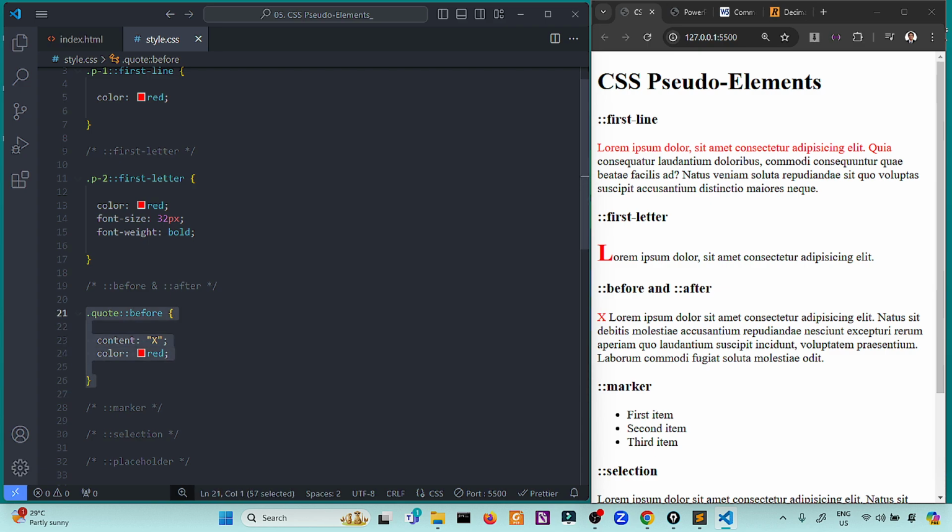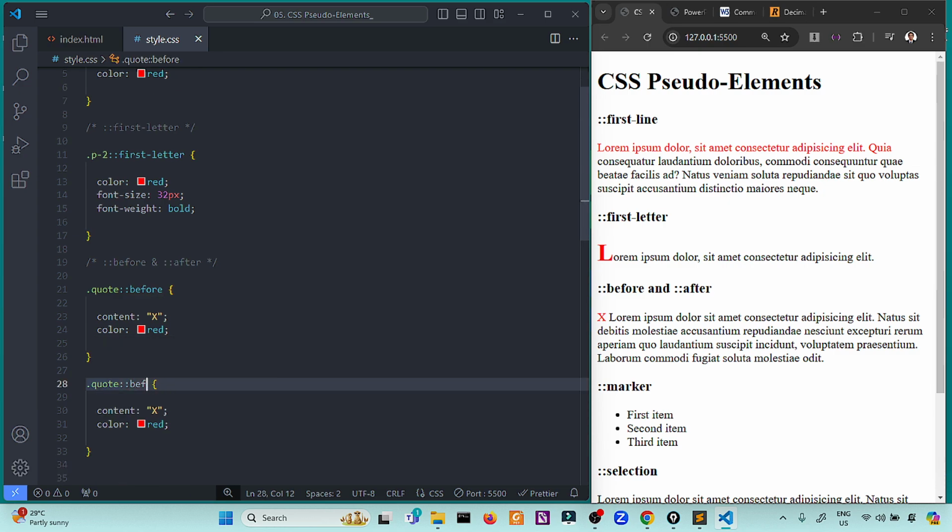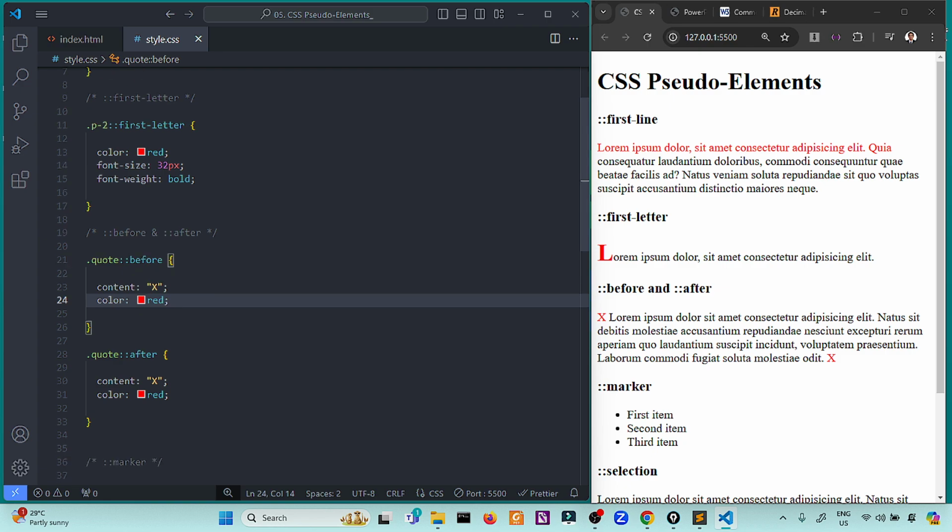So if I copy this one and put it after, we'll notice another X. So this is very useful when designing web pages. So when we are on the layout for this lecture, you will see the value of the before and after. So this can be done. So most of what we are using here